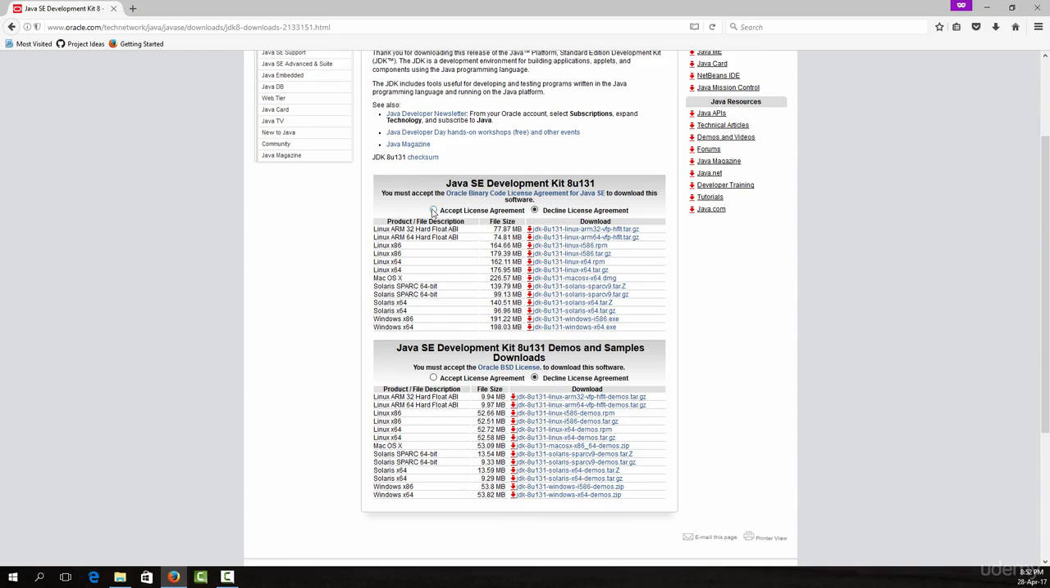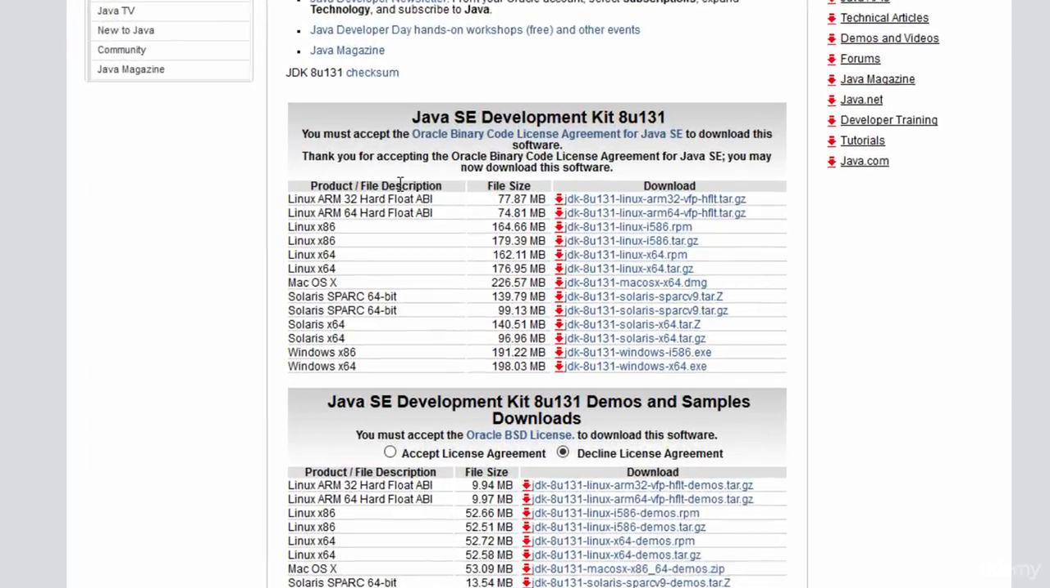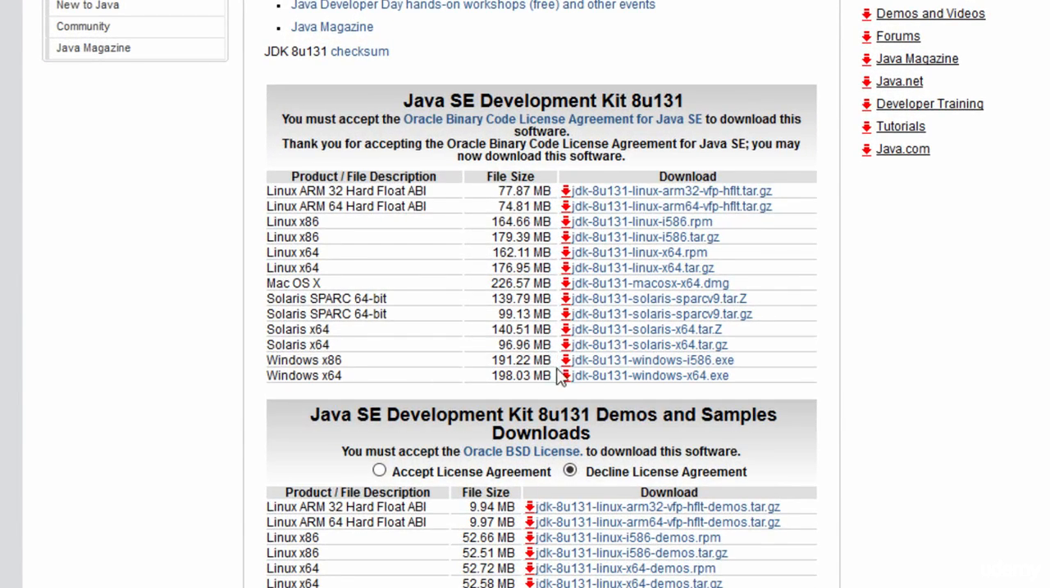ahead and click on accept license agreement, and here you will have options to download the appropriate version of Java JDK. So depending upon the computer which you have, if you have a 32-bit operating system, you have to download this version, and if you have a 64-bit operating system, you could go ahead and download this version right